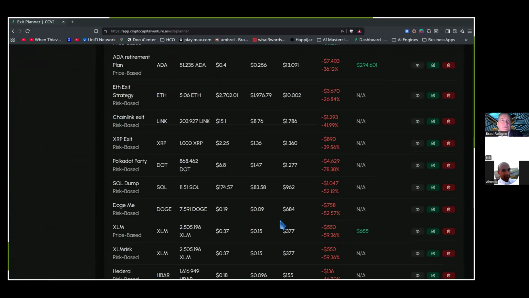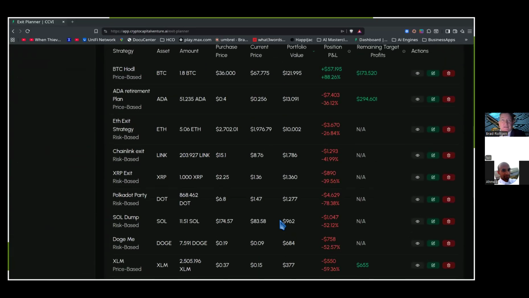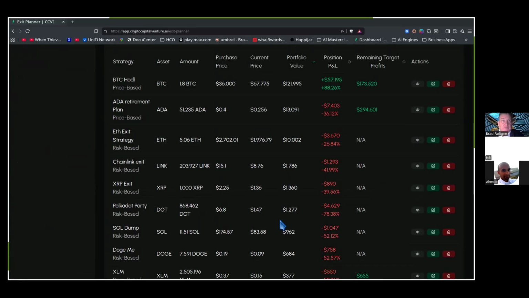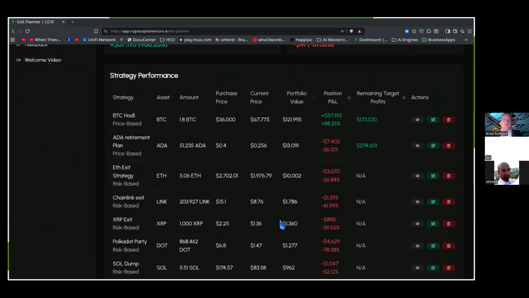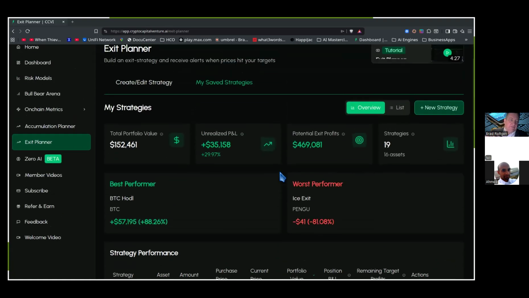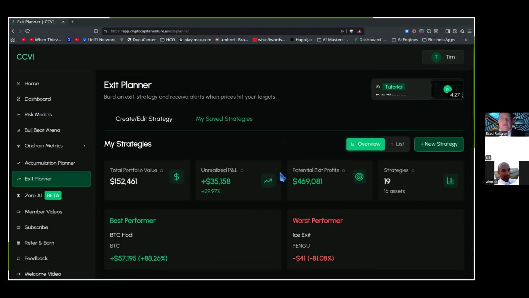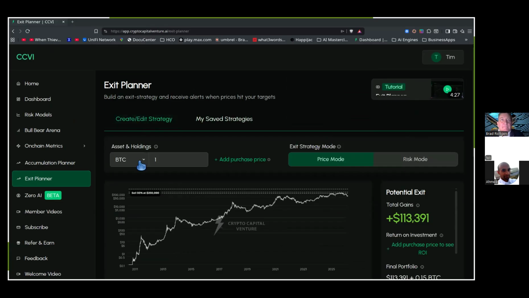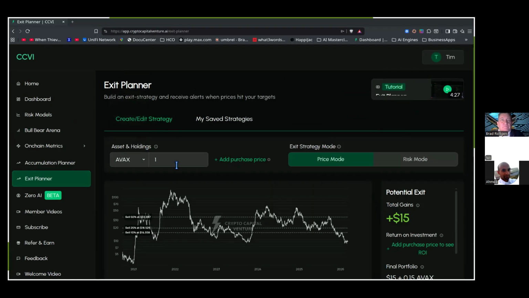So on this exit strategy, do you enter and create each one individually? Right, but then do you create your own strategy? Like, I want it, if the price hits here, or if it hits 50% more, 100% more than I paid for it. Okay. So if we come in here to create, we can say, for, oh, I don't know, AVAX, how many coins we bought,